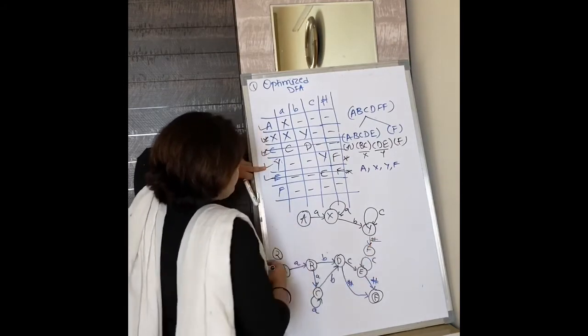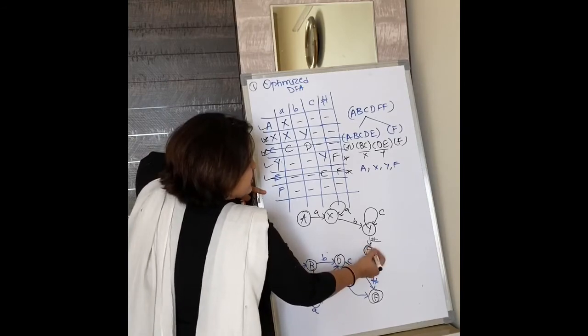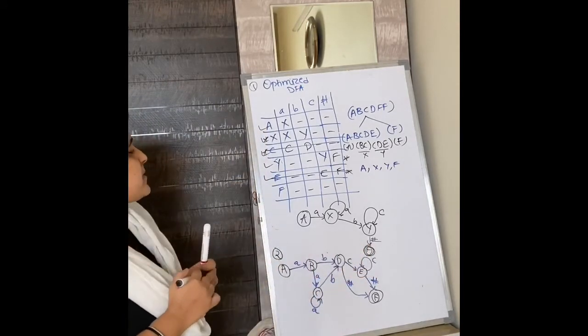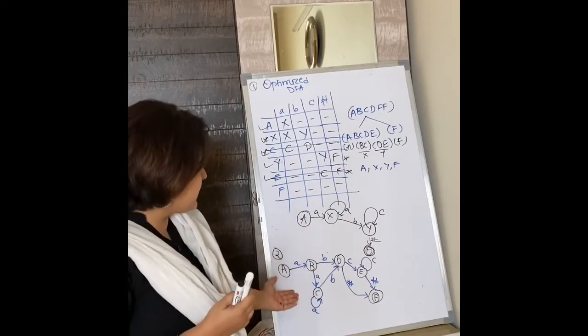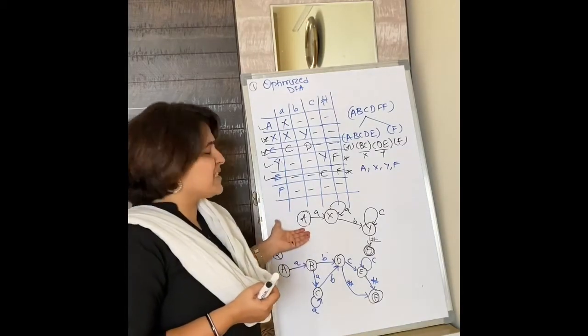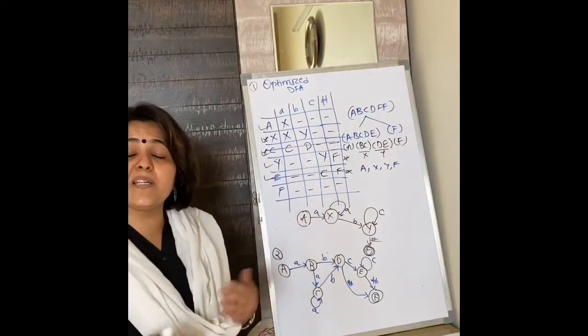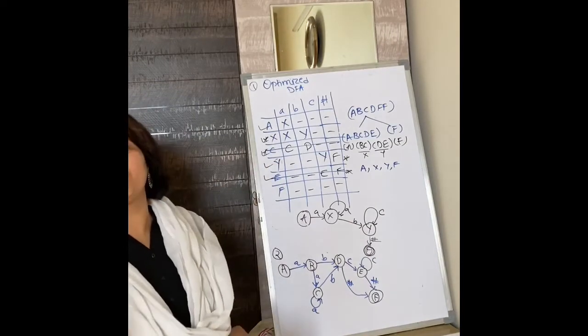Hash. Okay. And F is the accepting state, so we will indicate it by two circles. Simple. So observe, this is going to be the simplest DFA in comparison with the DFA we had. See the simplicity. This is the DFA and this is the optimized DFA. You can see how much redundancy has been eliminated, right? So this is how we actually optimize our DFAs.